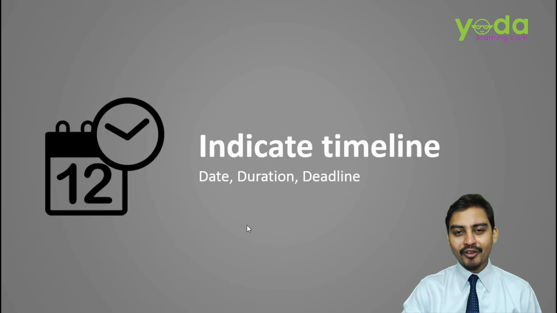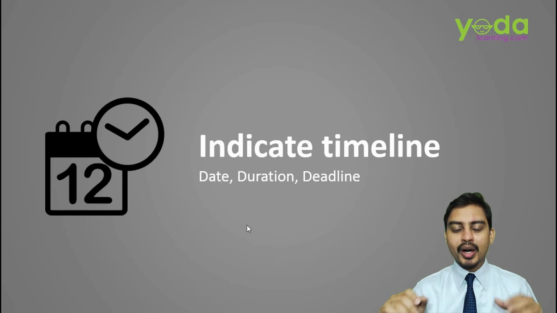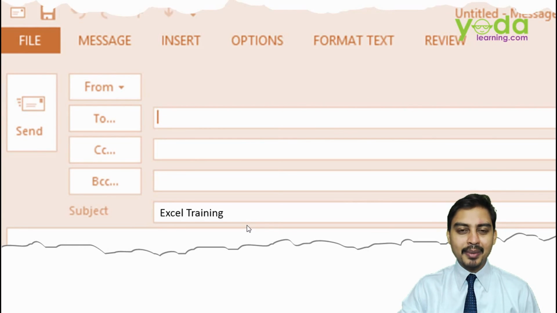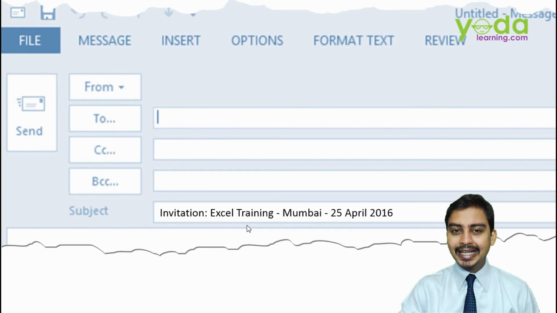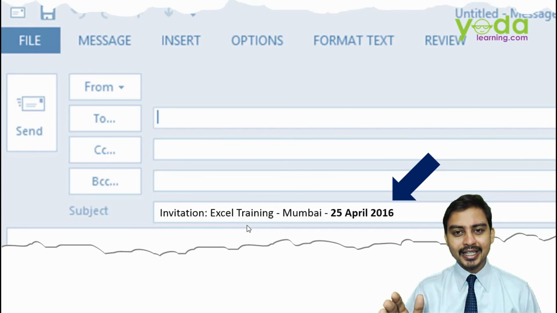Another important feature of having an efficient subject line is to indicate the timeline. The deadline by which the task must be completed or how many days are allocated to complete the task, and in certain cases the exact date. So if I'm trying to invite people to attend an Excel training which is supposed to be conducted in my organization in the next few weeks, then instead of just writing Excel training, I might as well write an invitation, Excel training, the location Mumbai, and the most important part, the date, to help them remember later, okay, it's on 25th